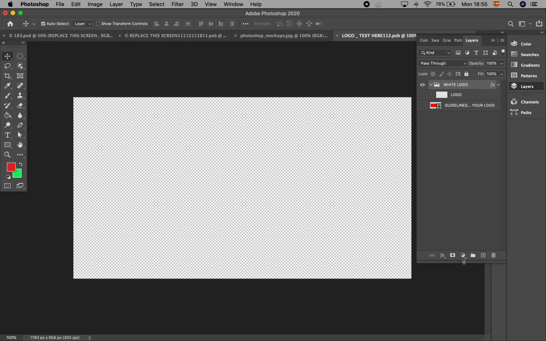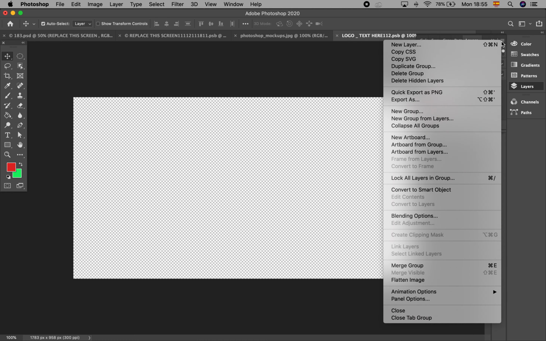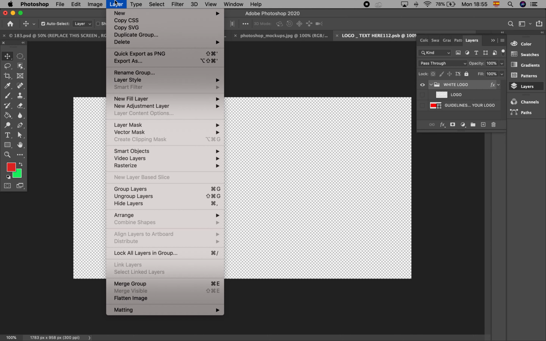I'm going to add a new layer. Let me go to the bottom. Remember that this one is for adding, deleting, for grouping. These other three, they're going to give us special effects, and we're going to learn about them in some other videos, okay? So as I want to add a new layer, there are three options. One is clicking here. The other way is coming here to the corner. The other way is pressing Shift, Command, N, and there's a fourth way. Coming here to the top menu, Layer, New Layer. Okay,